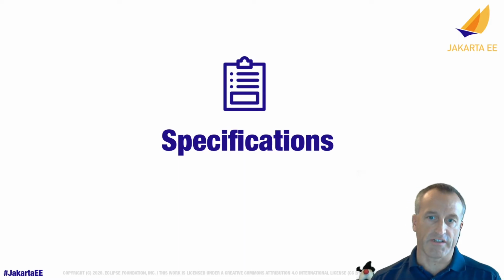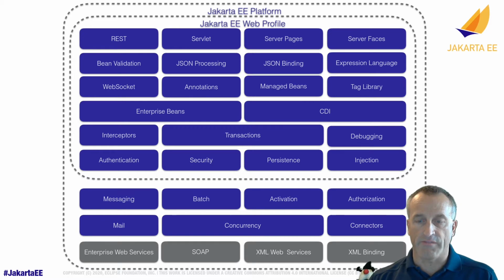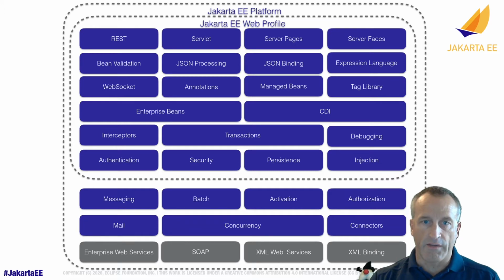So Jakarta EE is all about specifications. And with specifications, we have a lot of them. So all of these are covered today in Java EE 8 and also in Jakarta EE 8, and these are how we're grouping them for Jakarta EE 9. You see that we've marked some of them gray at the bottom, and these are specifications that we won't develop any further. It's stable technology, it's been around for a long time, it's going to be around for a long time, but we don't see them developing very much further, so they will stay as they are. All the blue ones are developing and potentially being developed further in the future.